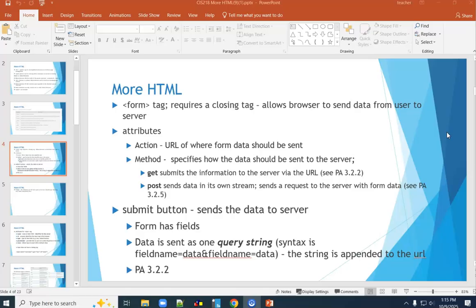The method is how the data should be sent to the server. So there are two options to this. It's a get or a post. And the idea behind the get is the default. So if you don't specify, it will just send it as a get. The post sends it in its own stream. So you have a separate way of all of the data getting there, whereas the get goes over in the URL. So what you will see, you'll see like this entire long string of every field with its value going over